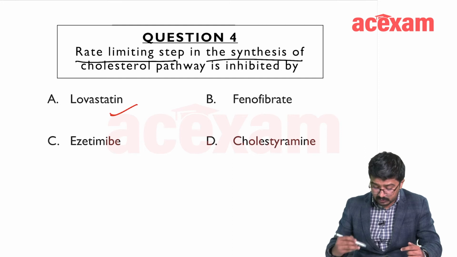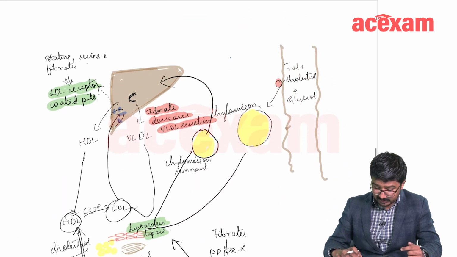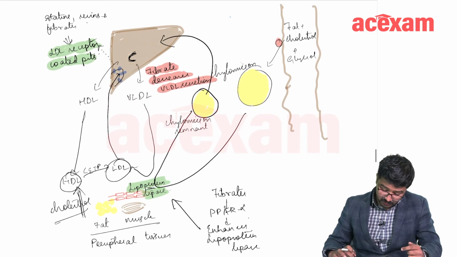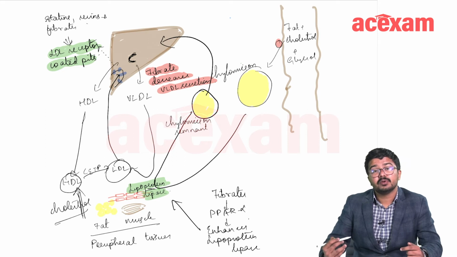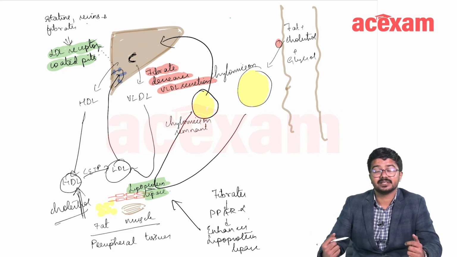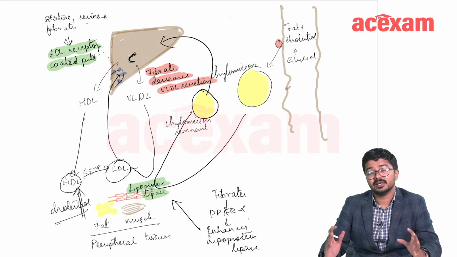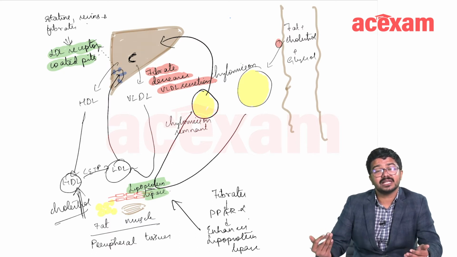But let us also see the mechanism of action of other agents, starting with fenofibrate. So since fibrates have a bit complex mechanism of action, I have just drawn the diagram for you to better understand it. So if you see, fibrates cause enhancement of an enzyme known as lipoprotein lipase. So this is the important statement. How does it cause enhancement of lipoprotein lipase? By means of agonism of PPAR alpha. But what is the role of this lipoprotein lipase?